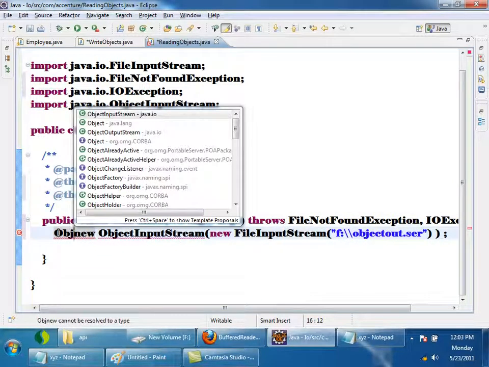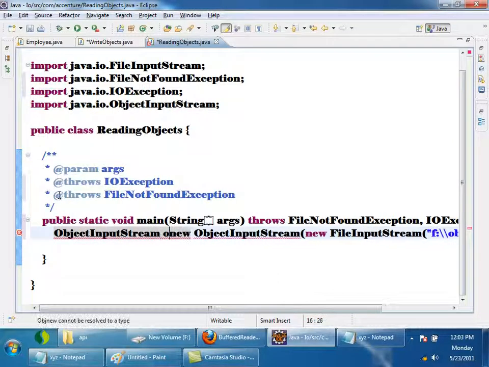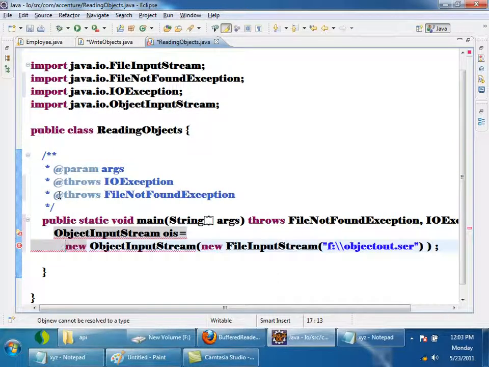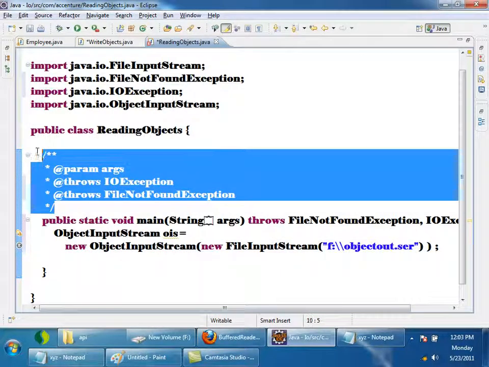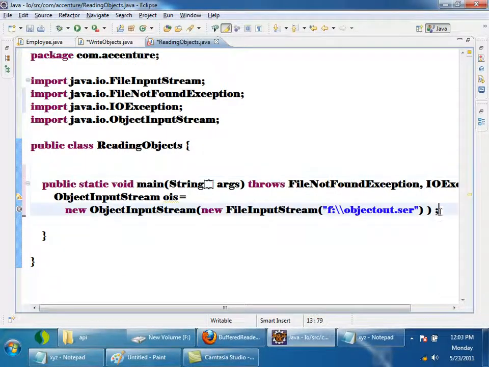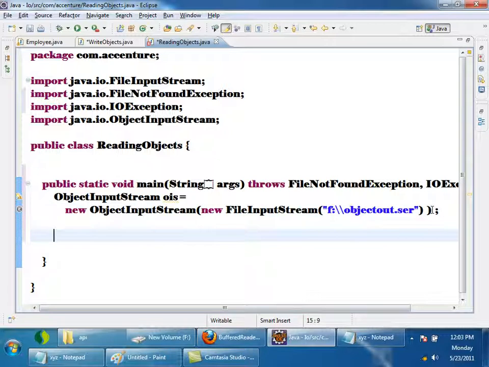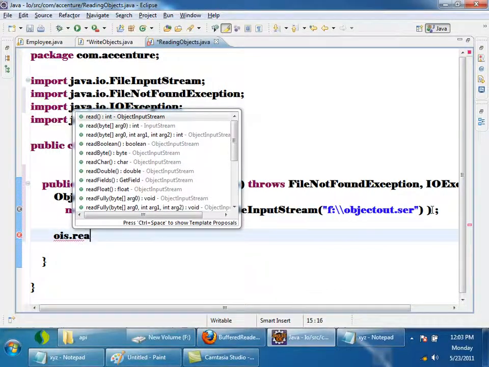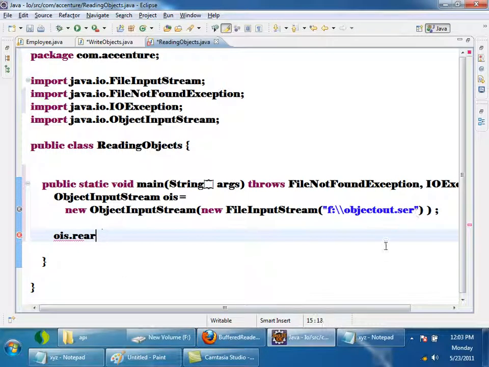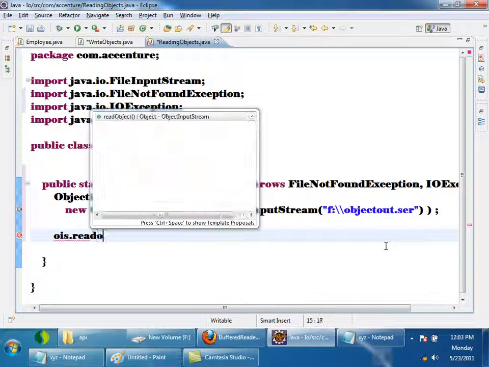ObjectInputStream OIS is equal to... now for reading, OIS.readObject. readObject will read an object from this file and return it.